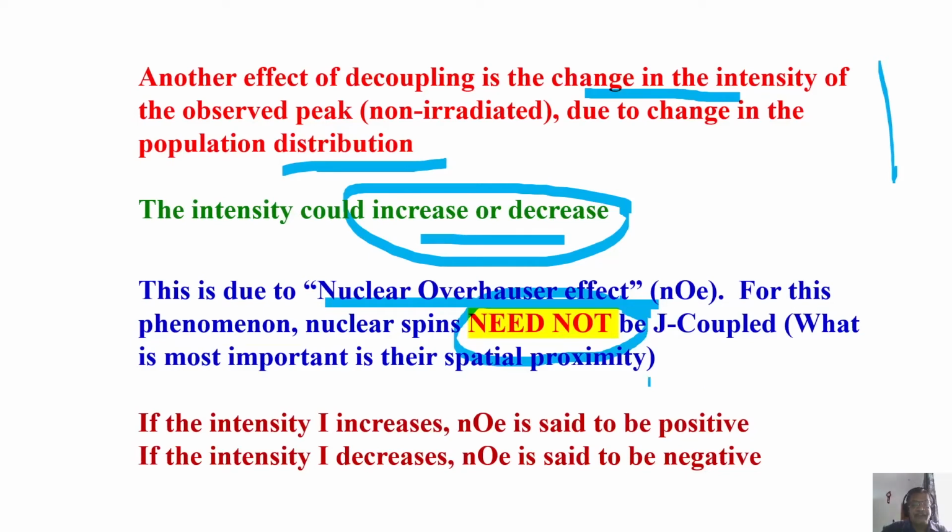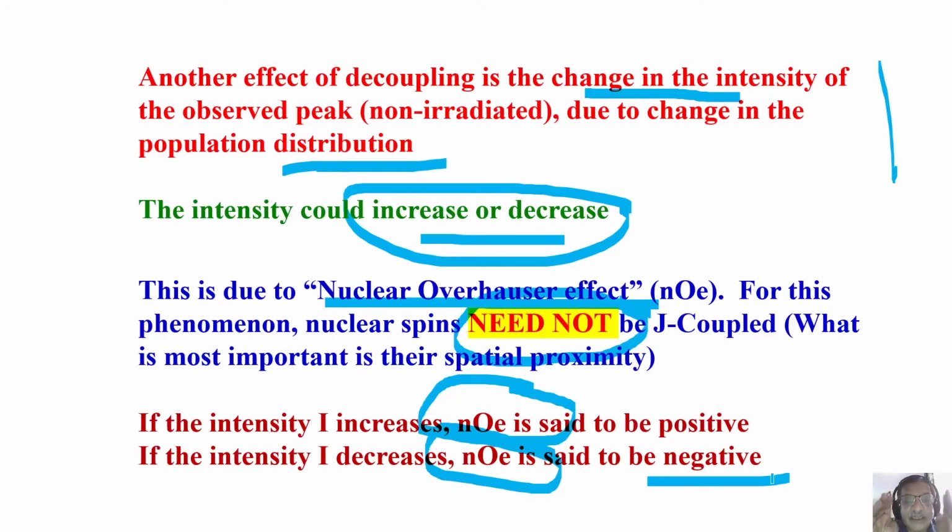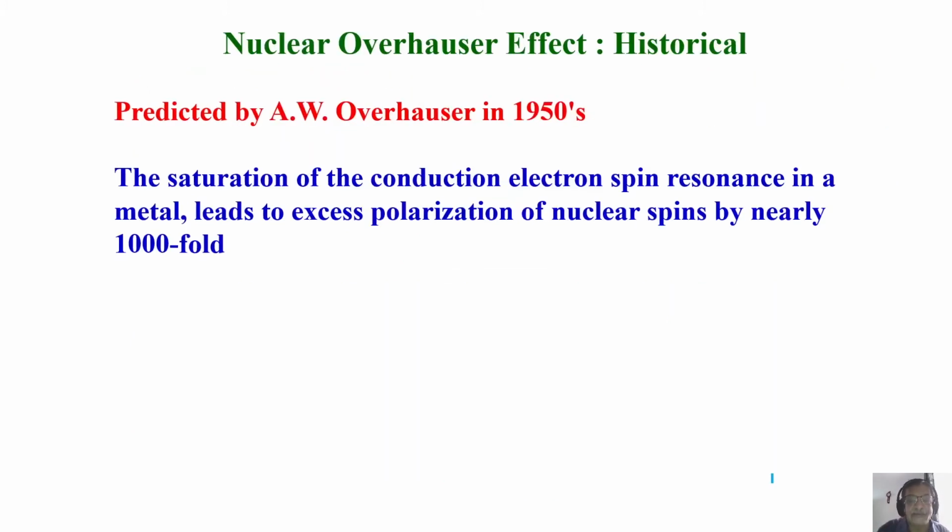This is what is called the nuclear Overhauser effect. And this NOE we say is positive if there is enhanced intensity. This NOE is negative if it is a reduced intensity. Remember, depending upon where you are going to hit, the amount of power you apply, and the duration of the power you apply, for 2 spins which are not J-coupled also, you can see that when you irradiate one of the peaks with weak RF power, the other peak which is in close proximity can have a change in intensity. Remember this point very clearly.